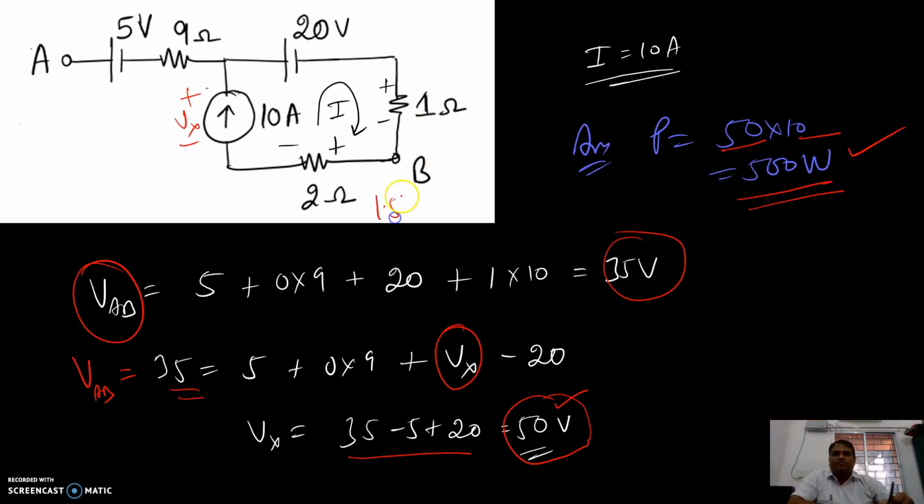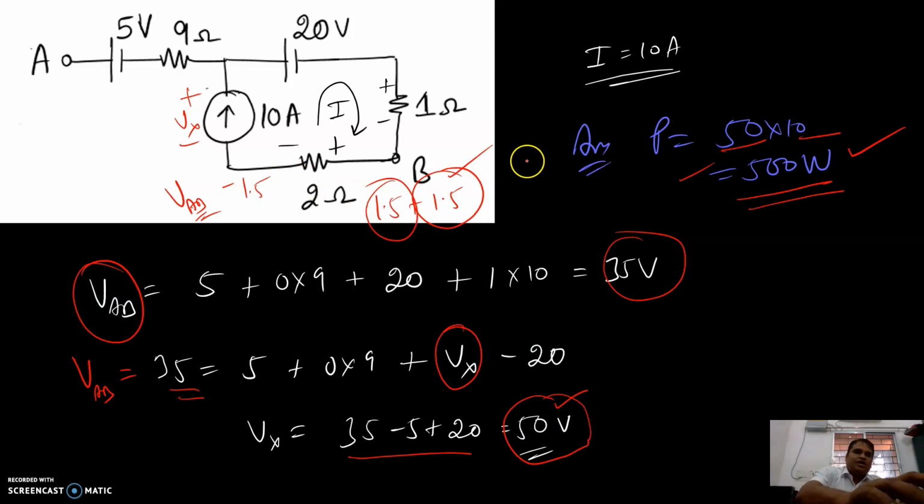Here you have 1.5 plus 1.5. So if you write the first answer, VAB, you get 1.5 marks, and if you write the power, you get another 1.5 marks. Similarly on the top,